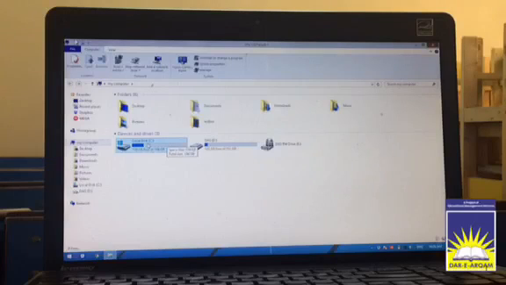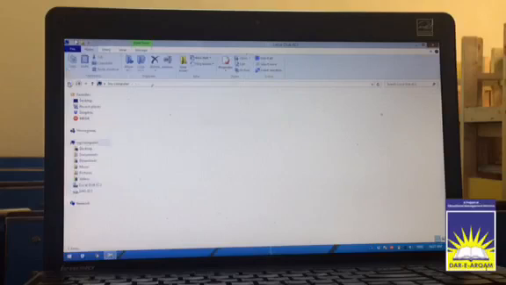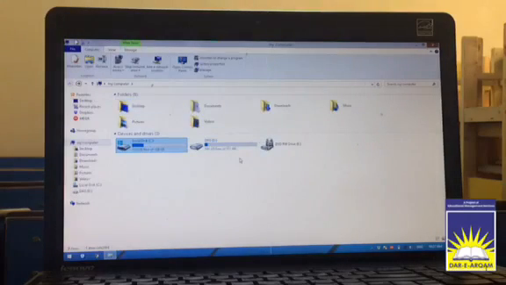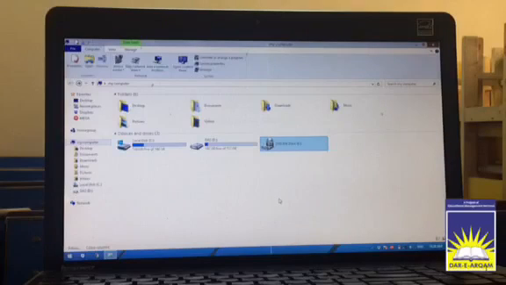All the work that we do on a computer is stored in the form of files in this icon. As you can see, when I open this, here we have some files and folders. So local disk C is used to store all the files and folders. Now here we have another icon which is DVD drive. What is the function of this drive? In this drive we can insert a CD and DVD.